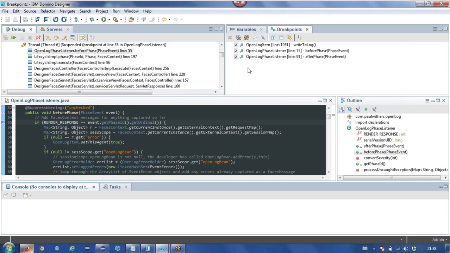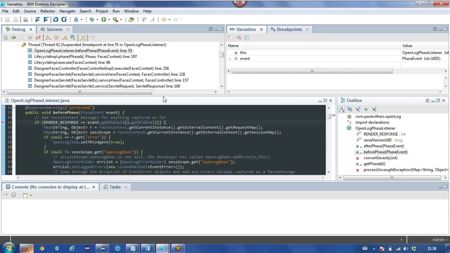Breakpoints, there we've got all the various breakpoints that are enabled in here. The middle section here is basically just what you see in Designer. So that's just got the outline of the class and the code itself. And at the bottom here, you've got console and tasks.